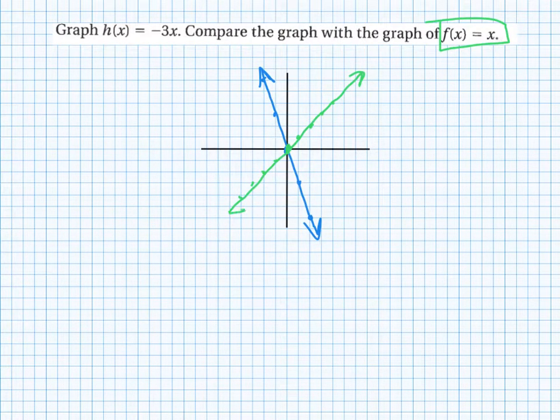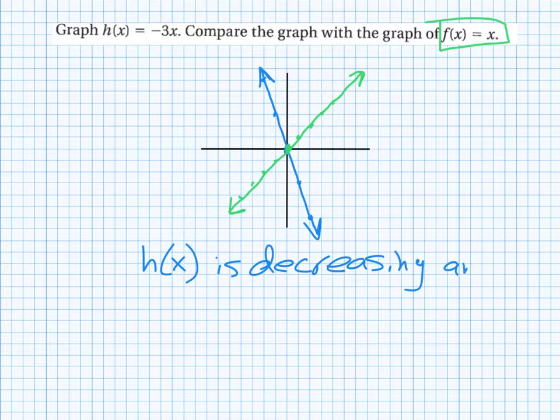Now, if we want to compare these functions, and we look at these two lines, we see that h of x is going down as we go from left to right, whereas f of x, our parent function, is going up as we go from left to right. So we can say that h of x is decreasing, instead of increasing. It's going down, and it is steeper